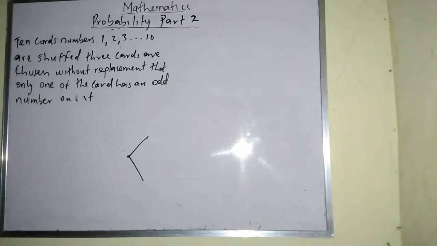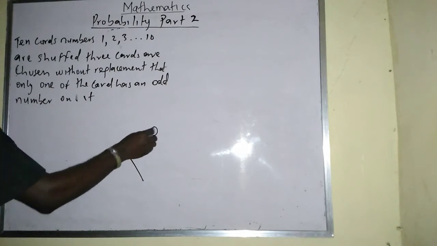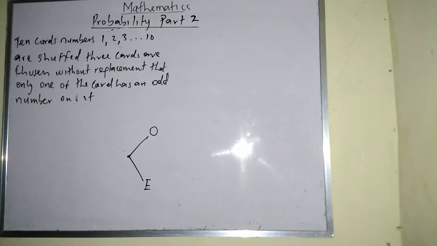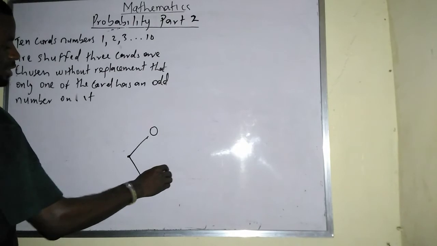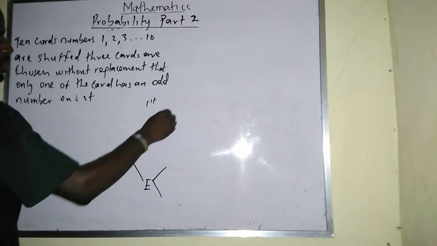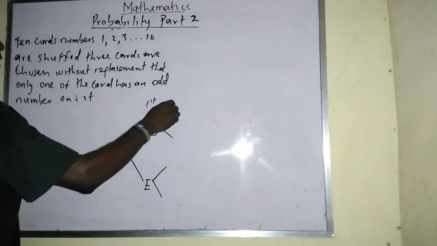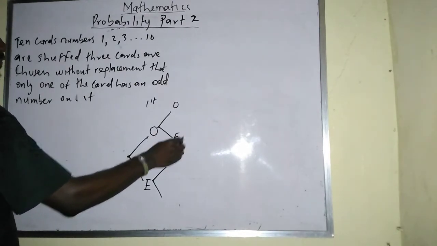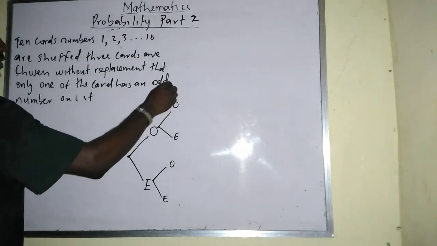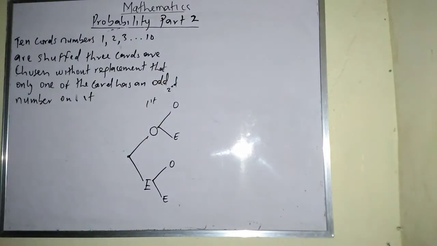Now, there are two things on this particular part. We have odd and we have even. It means odd and what? And even. Okay. If I have odd and even, I can move on by having another one. This is my first. Now, another one. Now, this is going to be odd, even, odd, even. Now, this is my second. Now, if I have that, I can move on to the next one, which I'll be having